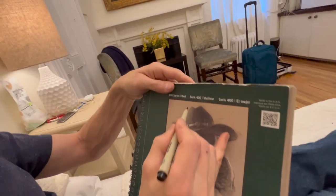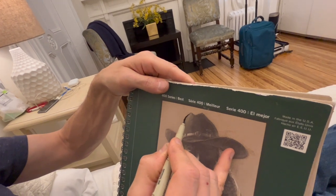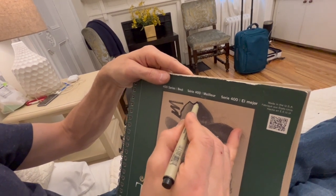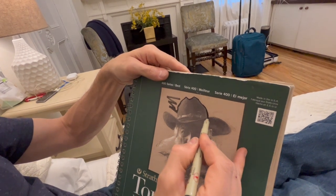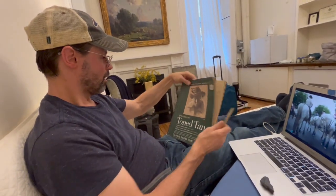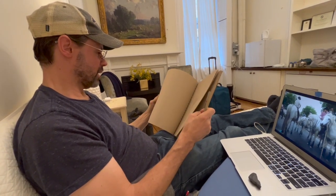You can make really thin little strokes like that, and then you can make thick ones. It's pretty permanent, so you better be confident and have the drawing correct, because you can't fix it. Although I use this for quick sketches a lot of times. I'm just telling people this is the thing that you would use on top of maybe a sketch that you already have. When I do quick sketches, let's see if there's a drawing that...